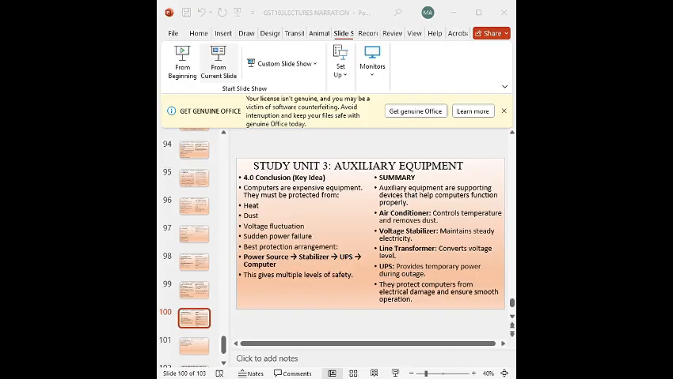So talking about the summary, I said we have the air conditioner that controls temperature and removes dust. So this controls